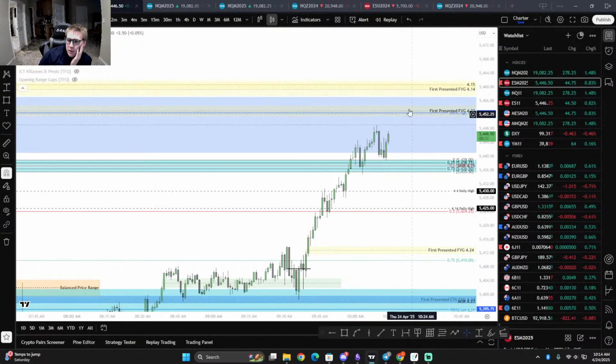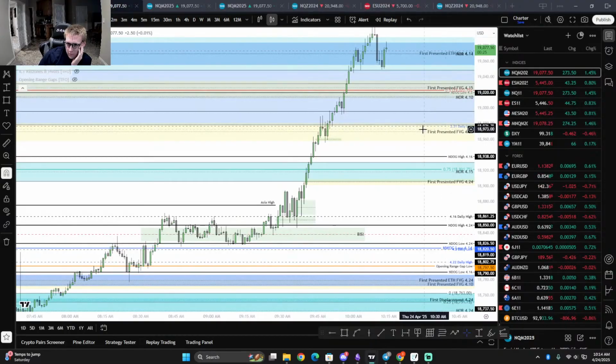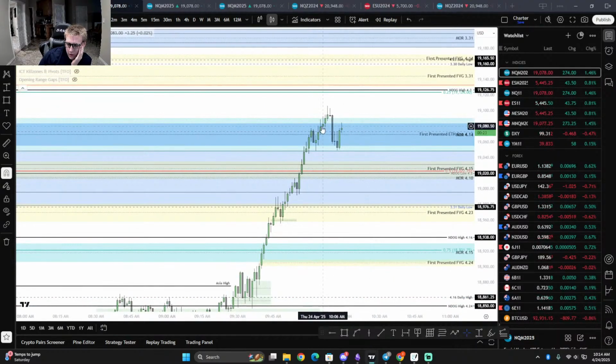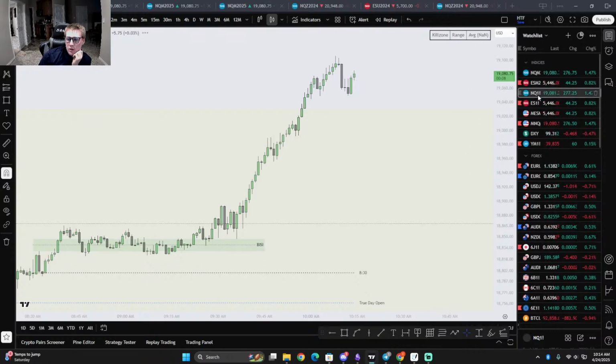Now let's see if we want to trade the first presented fair value gap 423. That would be yesterday's first presented fair value gap. This is going to create short sellers, people wanting to short out of nowhere because of nothing. Now let's see if we use that to then end up trading into. NQ is pretty close to previous day high now.